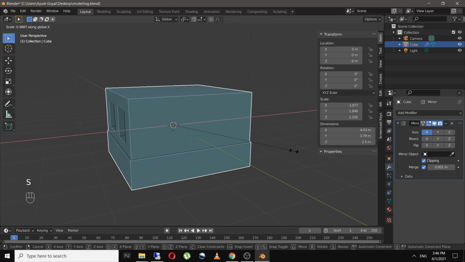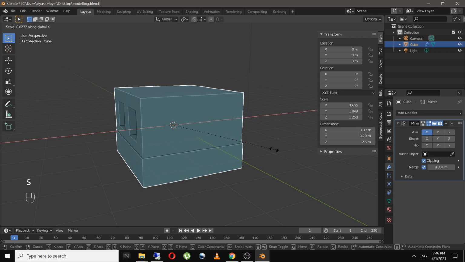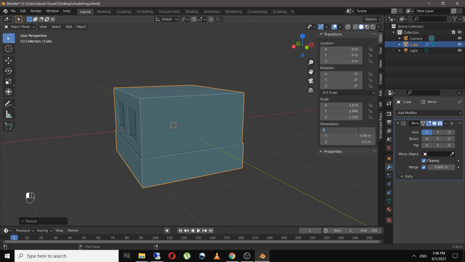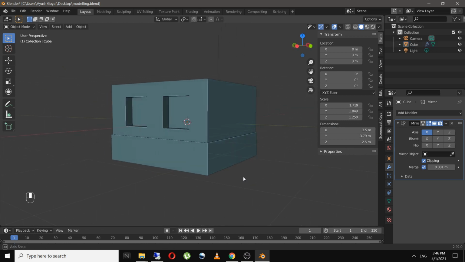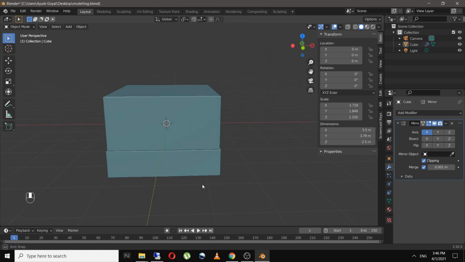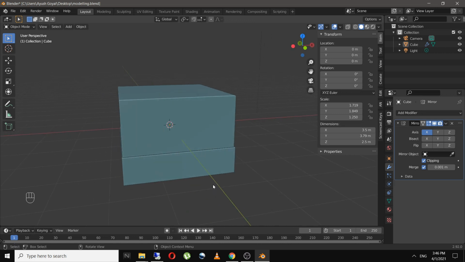I'll scale this just over here on X axis. So I'm trying to get the exact shape of the townhouse. So I'll be adjusting the dimensions of the main building throughout the session.